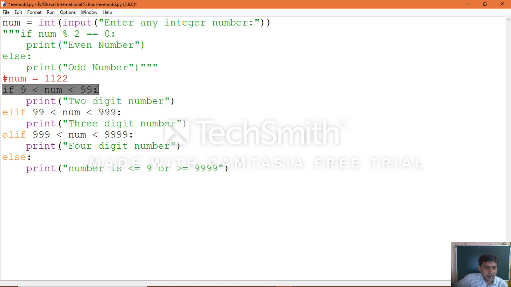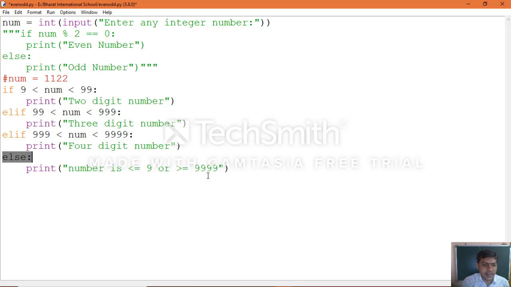Now we'll see how we get this particular output. So 2-digit, 3-digit and 4-digit numbers we are checking, and if it is a 1-digit number, this if condition itself comes directly to this else part, and it will print the number is less than or equal to 9 or greater than or equal to 9999.